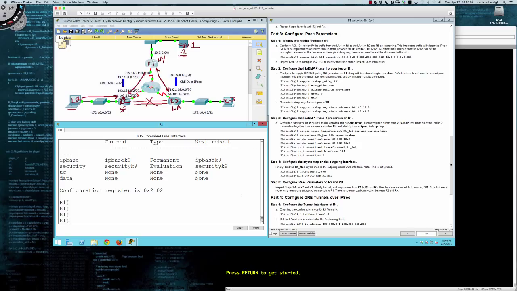Step 3, we identify our transform set, right? And again, in the IPSec transform set, you've got 2 protocols. The encapsulating security protocol, right? And the authentication header protocol. And so those 2 protocols work together, right? Or I should say they can work together, but